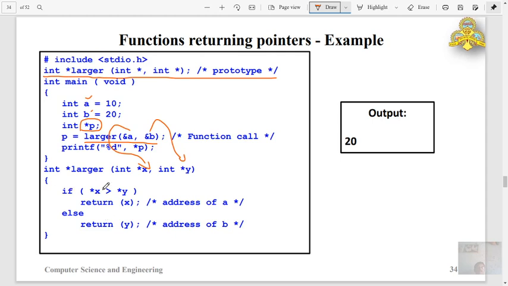And inside the function, *x points to the memory location a, and *y points to the memory location b, and the value of x, that is the value of a pointed by x, is compared with the value pointed by y. So *x is the value 10 stored in a, and *y is the value 20. So if this is true, it returns